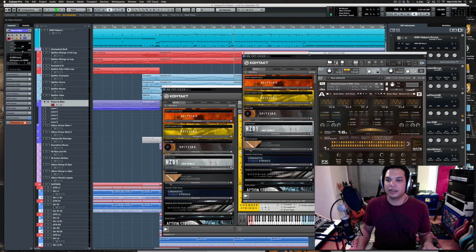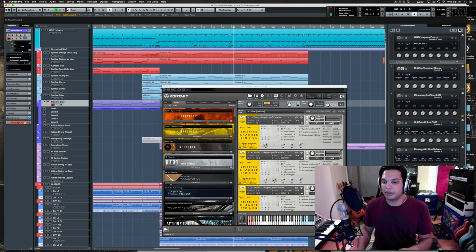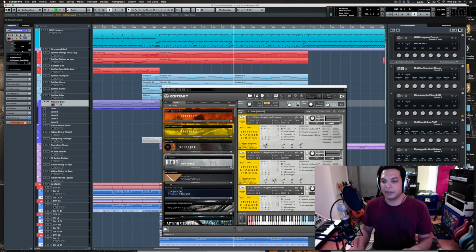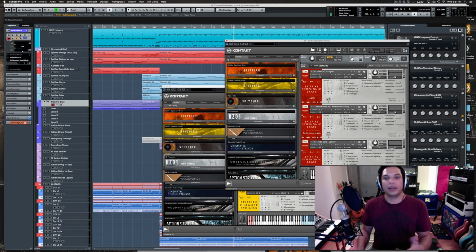I'm using these drone things that come with Albion 1. Using Damage and Action Strikes for the percussion. Both are fantastic libraries. And both come with Complete, actually.